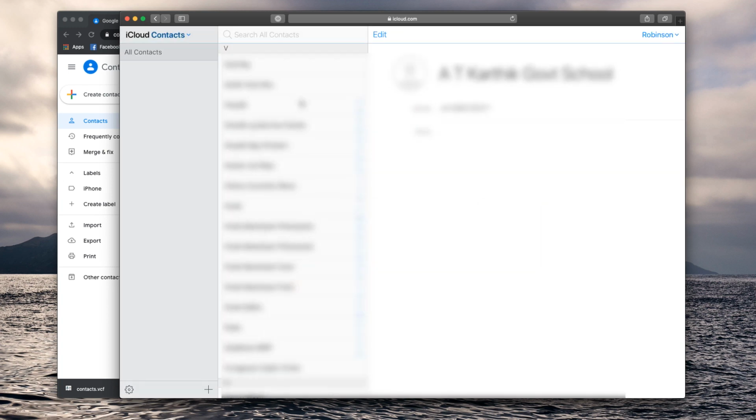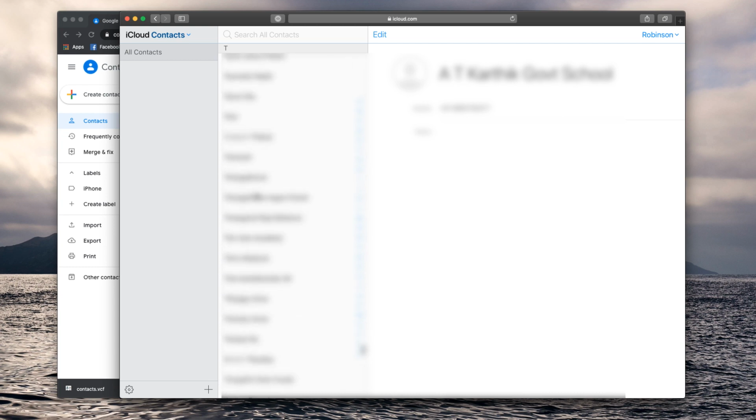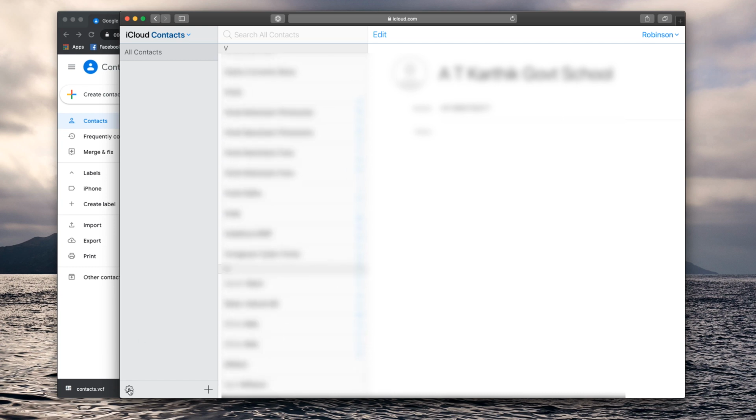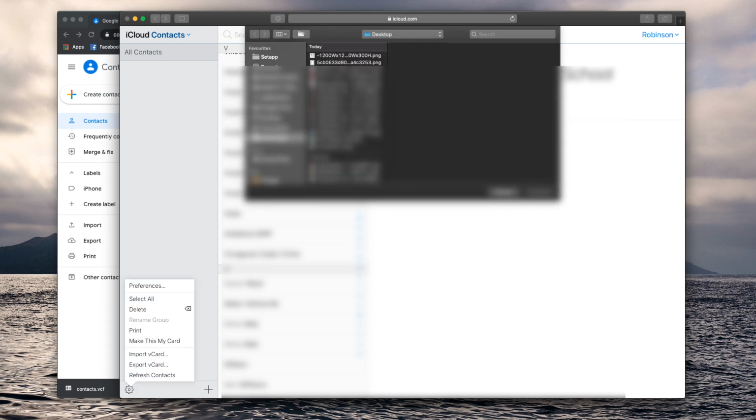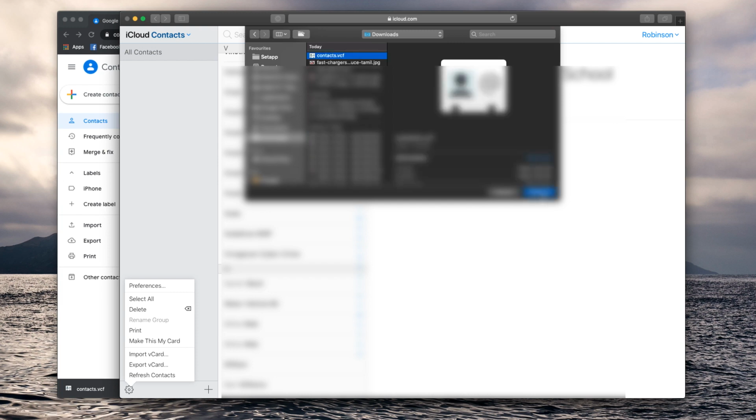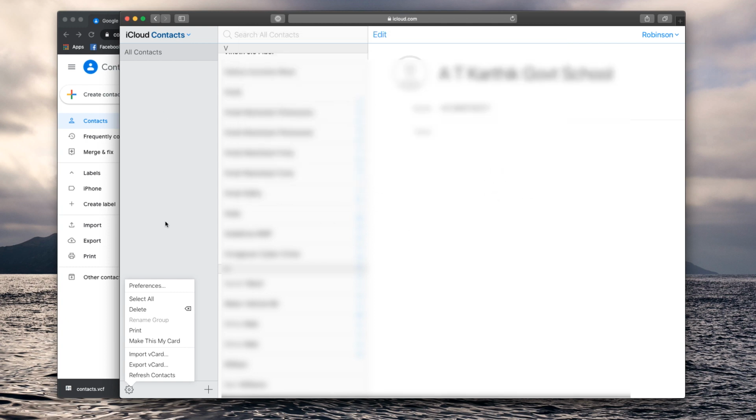This is my contacts book, so that's why you're seeing existing contacts readily available. And here, click on the settings icon at the bottom left corner and choose import vCard. Here we can import the contact file that we have downloaded and select choose. This is how you easily import all the contacts that you have exported from your Google Contacts, and once the import is done, it will automatically be synced with your iPhone contacts book.